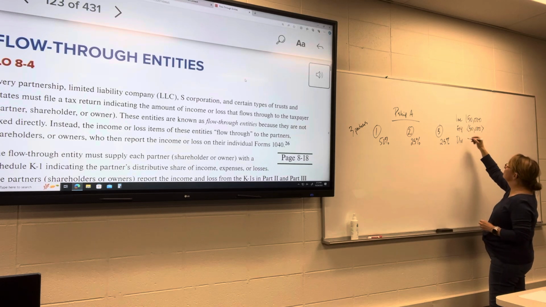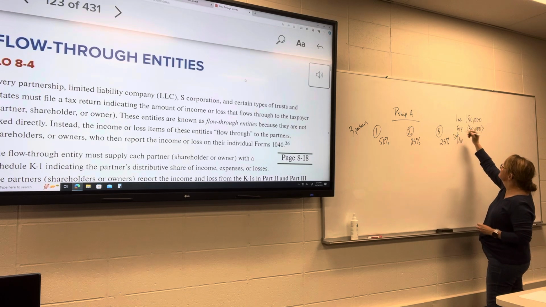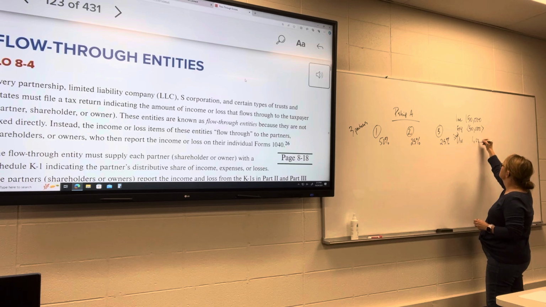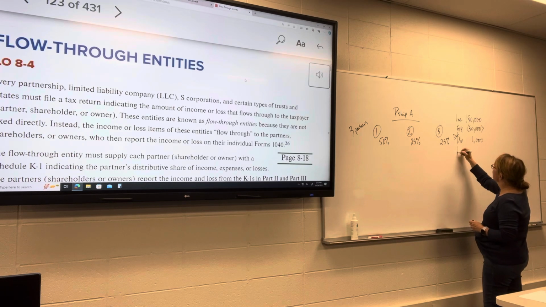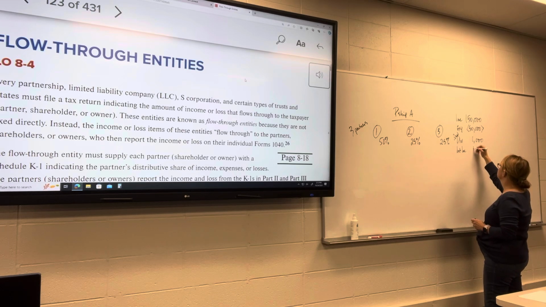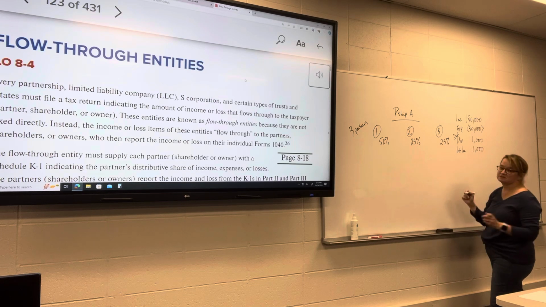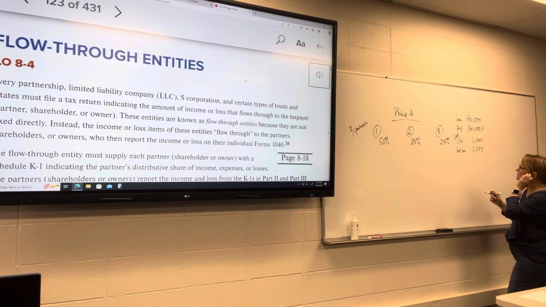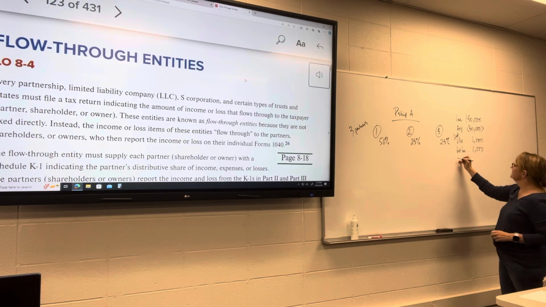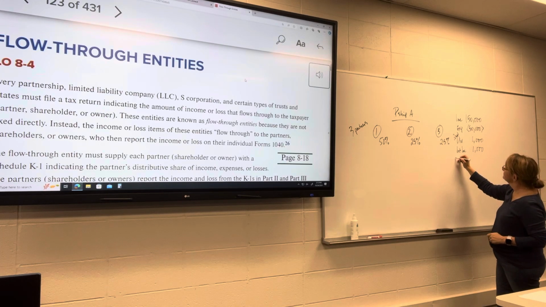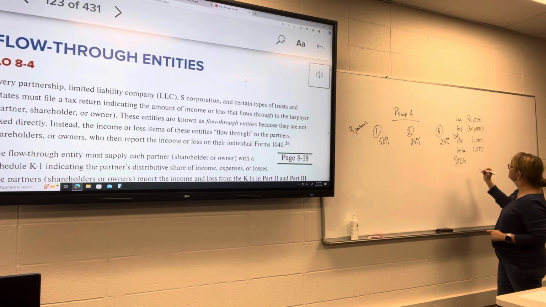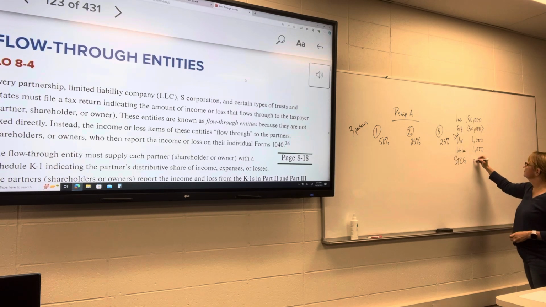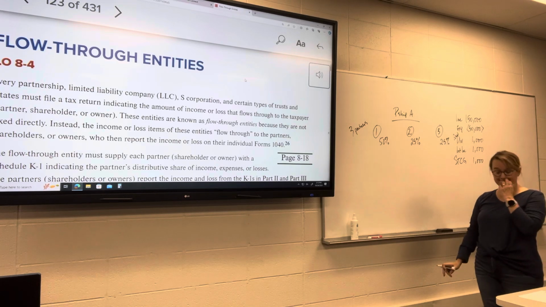So dividends, qualified dividends of $1,000, and it had some interest income of $1,000. I'm making these simple so that I can calculate easily. And it had some short-term capital gains of $1,000. All right. This is the partnership